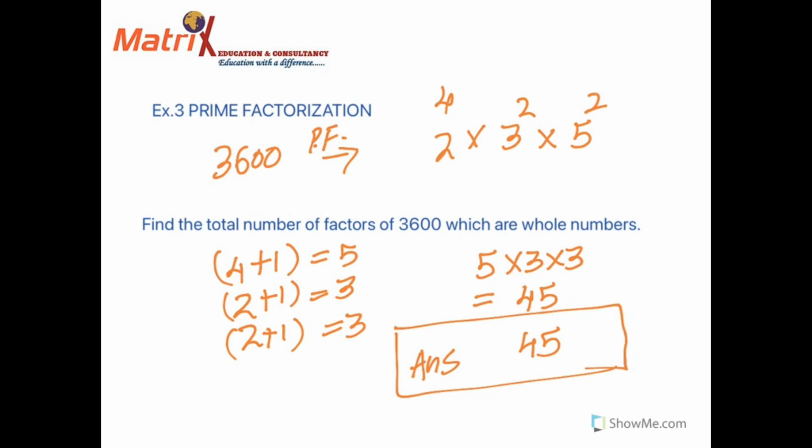Now you must be wondering, why did we add 1? We have been learning in our normal strategic math classes that to find the total number of factors we add 1, because 1 is also a factor. I'm going to make another video with a complete explanation of why we add 1 to those exponential powers. But for now, just for the competitions, whatever the exponential powers given to you, 4, 2, 3, add 1 to each, multiply, and get the answer.